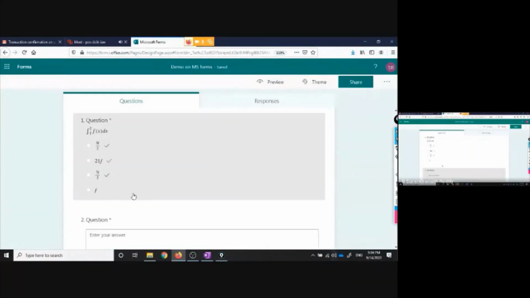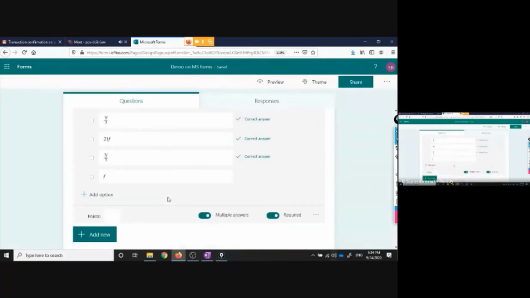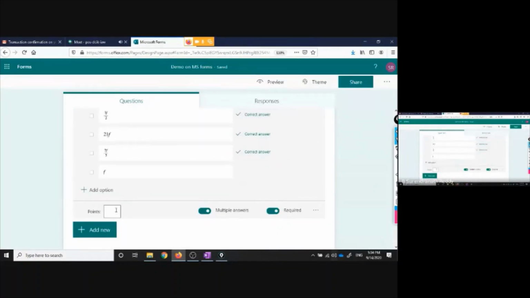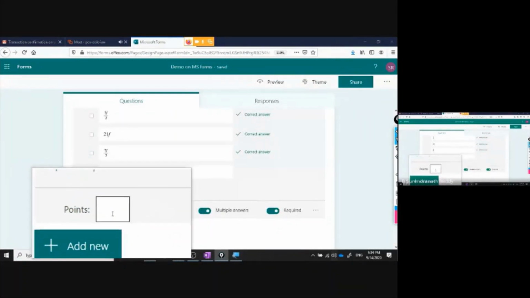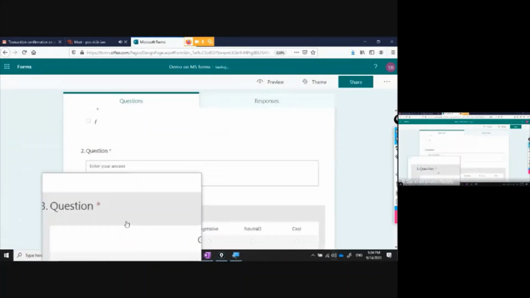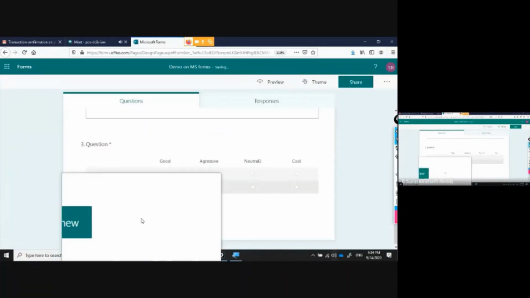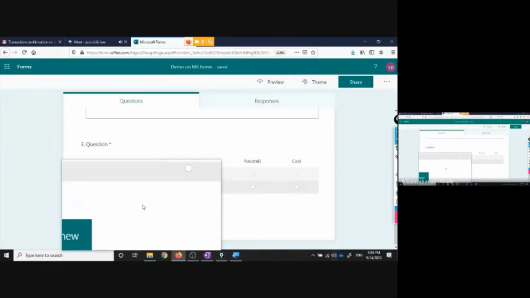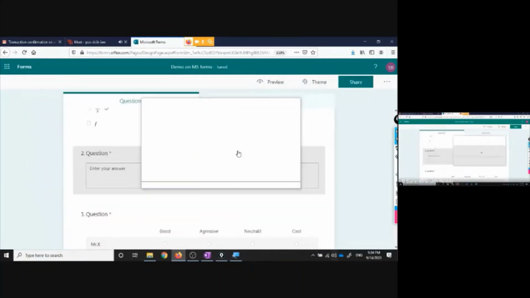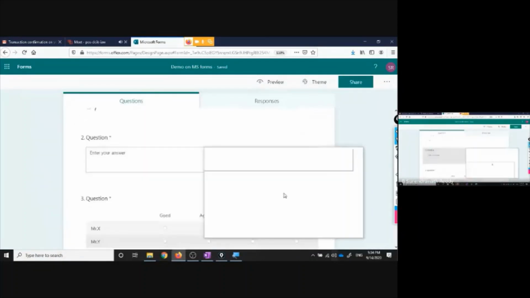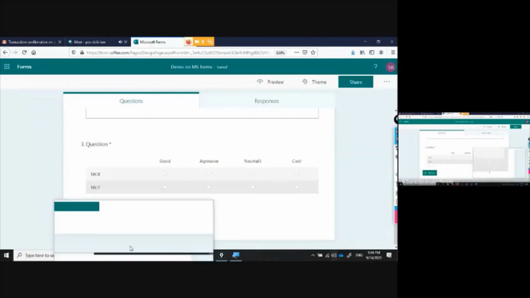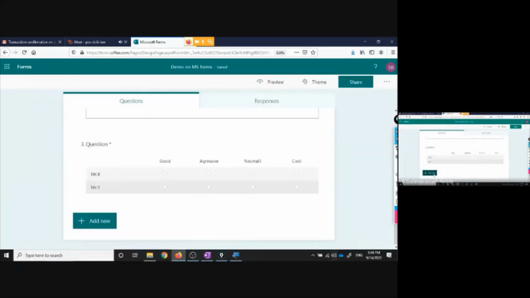And if you click on this, you have to add the marks here. If you want to add marks here, there will be an option called points. So suppose I say this is for 2 marks, then I can add it. So everything happens in one window only. You don't need to go to a separate window. You can enter marks there itself. You can select which is the correct answer from there itself. All those things you can do, and you can add as many questions as we want.